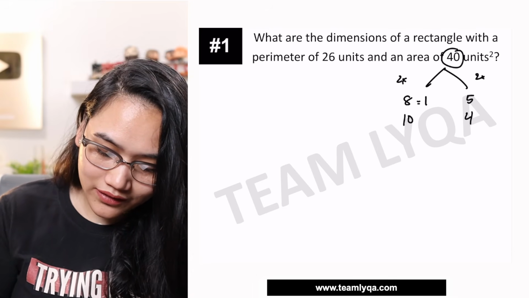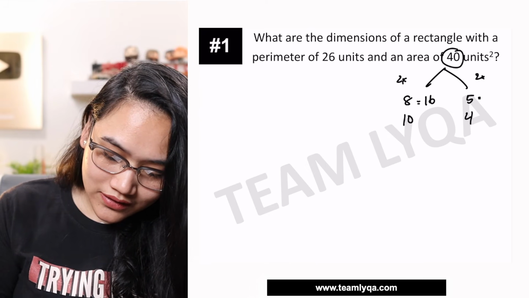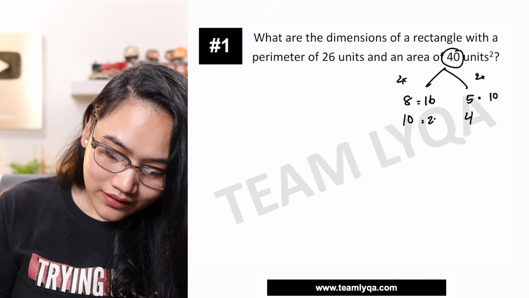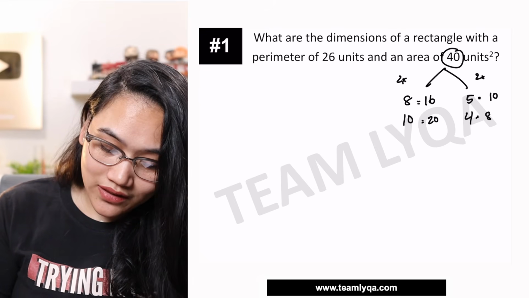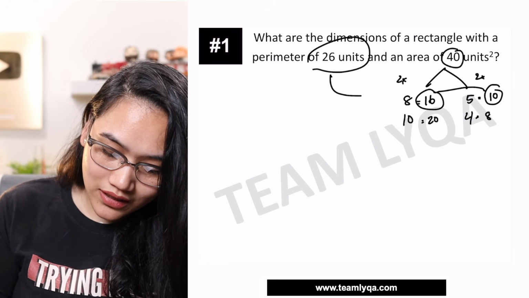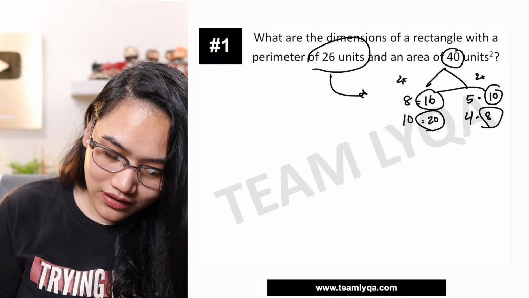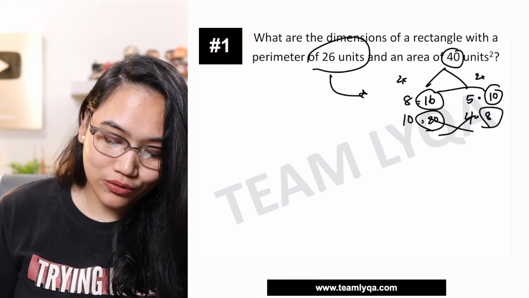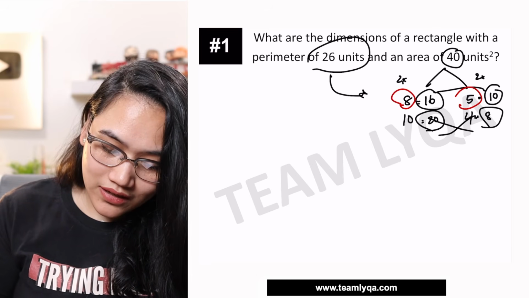So, 8, ang times 2 niyan would be 16. 5 times 2 niya ay 10. 10 times 2 is 20. 4 times 2 is 8. So, ito, 16 plus 10 is 26. Pasok tayo dyan. Pero ang 20 at 8 ay 28. So, hindi siya itong dalawang yan. So, the answer would still be 8